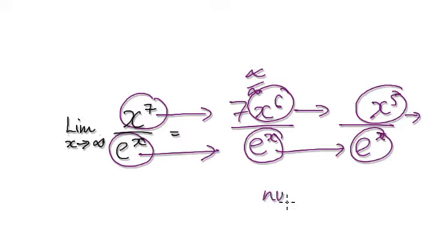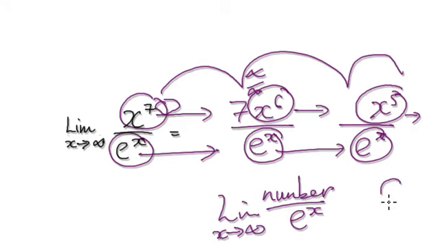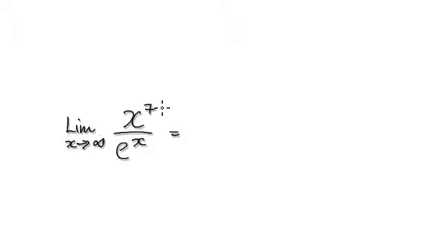So you're going to get a number over e to the power of this thing, the limit as x tends to infinity. So no matter what power you have, if you keep on applying L'Hopital's rule here, eventually you're going to get to a definite number over e to the power of x, and then you can conclude that it's going to head towards 0. So no matter what power you have, x to the power of 7,200,000 blah blah blah, let's say 700 here,